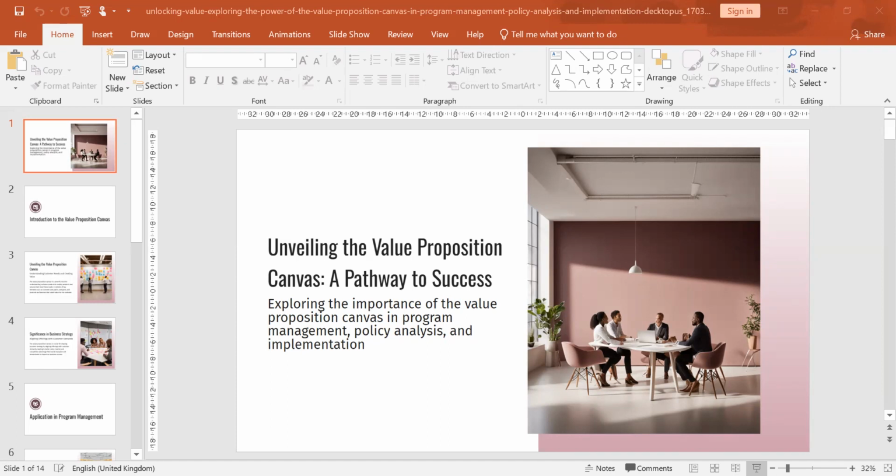Introduction to the value proposition canvas. We are all working towards customer satisfaction, and what the customer is looking for is a solution for their problem, and their requirement is what is that. So we have to brainstorm a lot about this kind of problem. We need to take everybody's vision, and if you think about the way a product is designed,